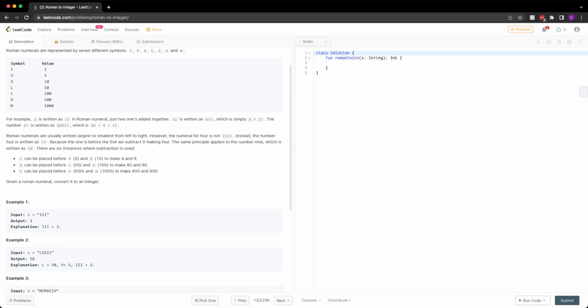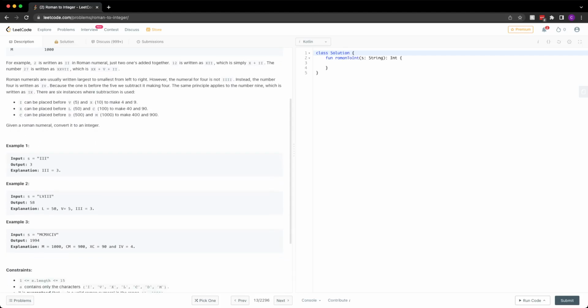Roman numerals, as it says here, are written largest to smallest, left to right, but 4 is not IIII, it's IV, so 5 minus 1. If you're one symbol away from the next one, then that's when you would have it rewritten. So in the case of 40, it's XL.